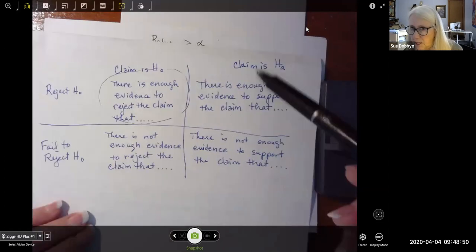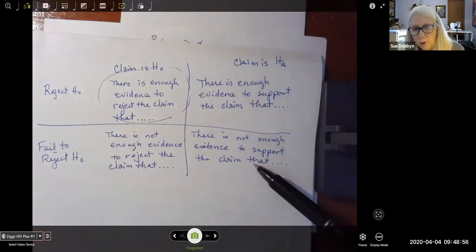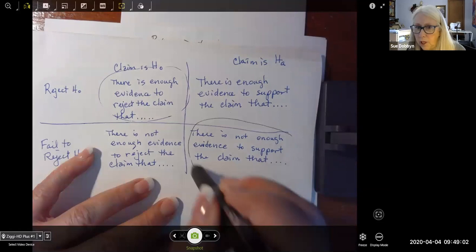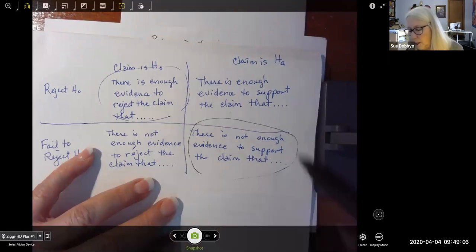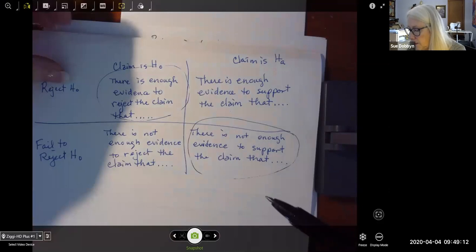And then the other thing you have to know is what was your actual decision? Well, our decision was to fail to reject the null hypothesis. So in this case, we're using that section where the claim is the alternative and the decision is to fail to reject. Okay, and again, we start out by simply writing the words that are in the box,